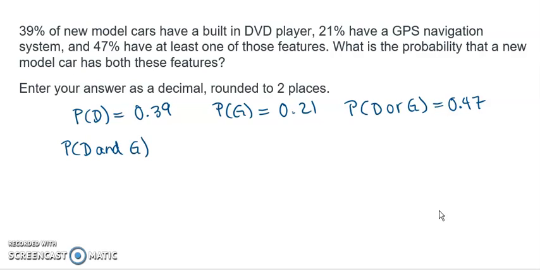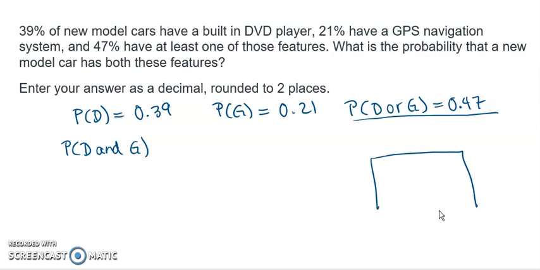So DVD and GPS. And so we don't have independence over here, so we cannot just multiply the probability of D times the probability of G, because that only works for independent events. We do have dependent events over here. So what we have to do instead is go to the definition of the probability of D or G, because